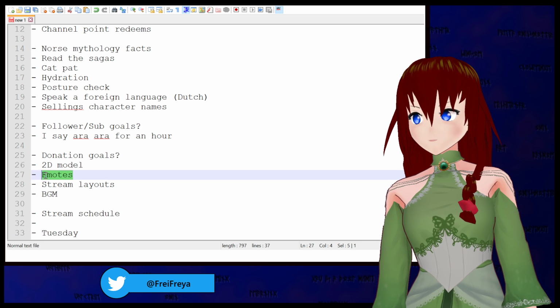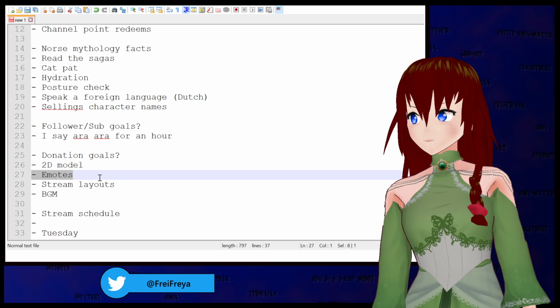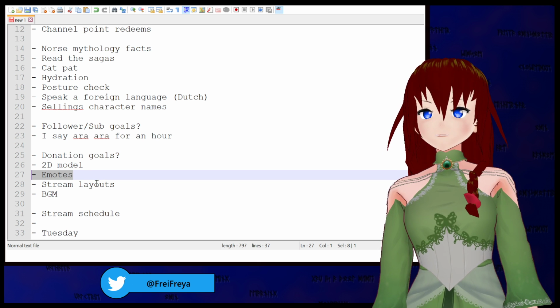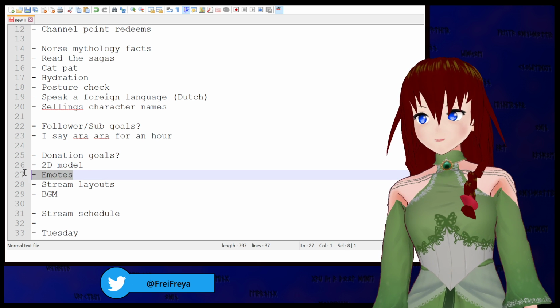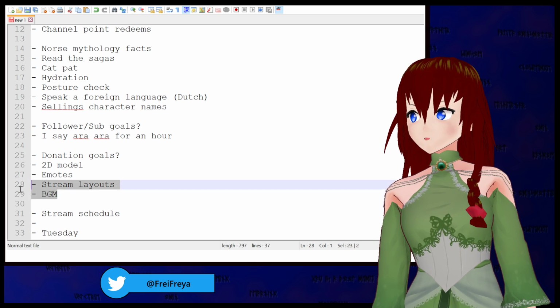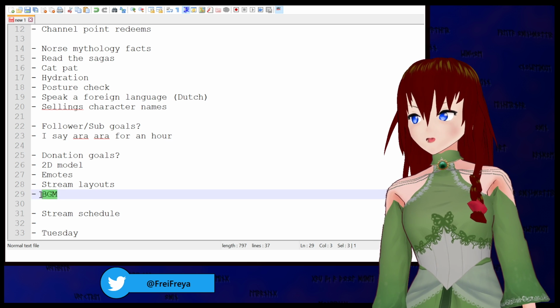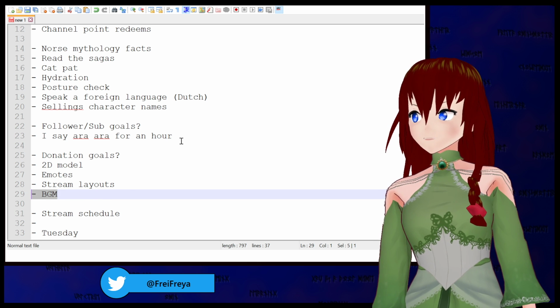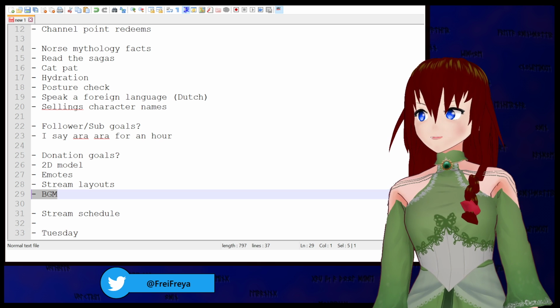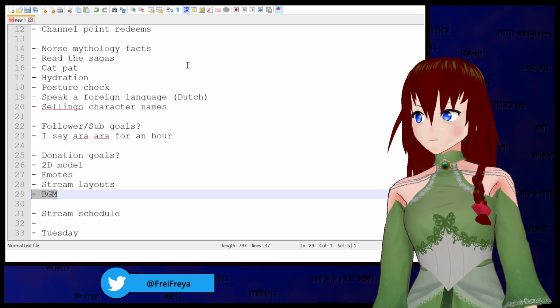I wouldn't mind having fan-made emotes, if they're not too much work. I can accept fan-made emotes. I wouldn't feel too bad about that. But fan-made BGM, that's a different story, right? There's so much work going into music. I think we're fine just using royalty-free music as background music